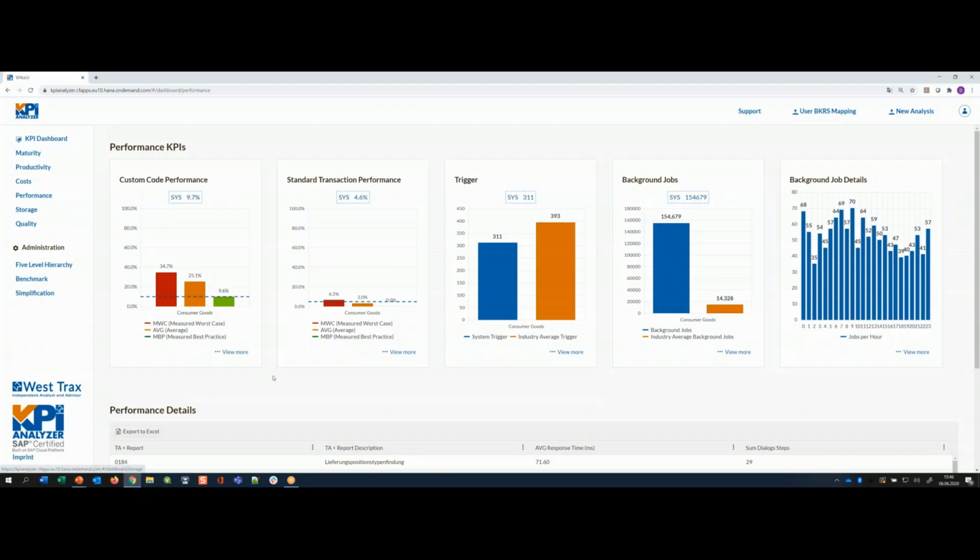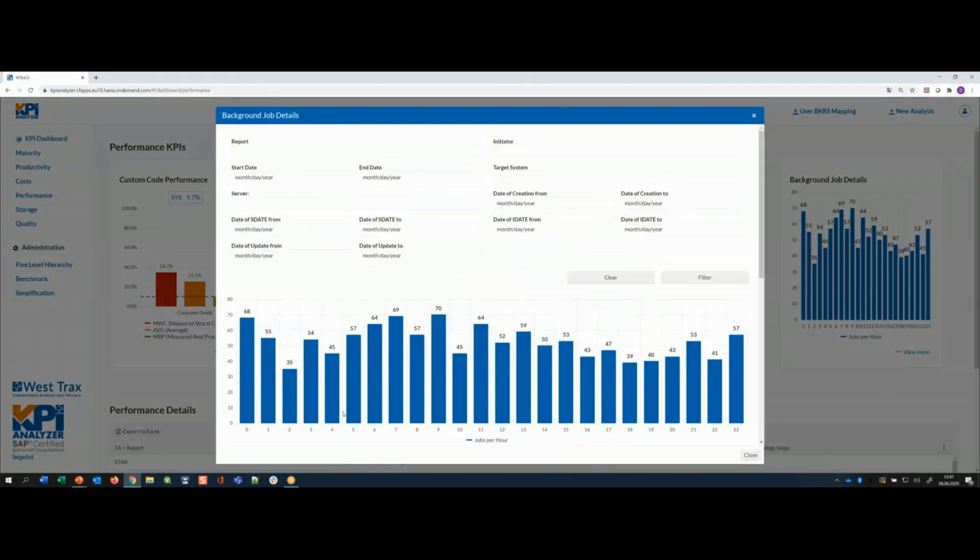We have a performance view that helps us to get information on the performance of custom code and standard transactions. However, we have an individual analysis for trigger and background jobs. This specific client has more than 150,000 different background jobs running in a very short time frame. And if you look at this chart, you can see from midnight